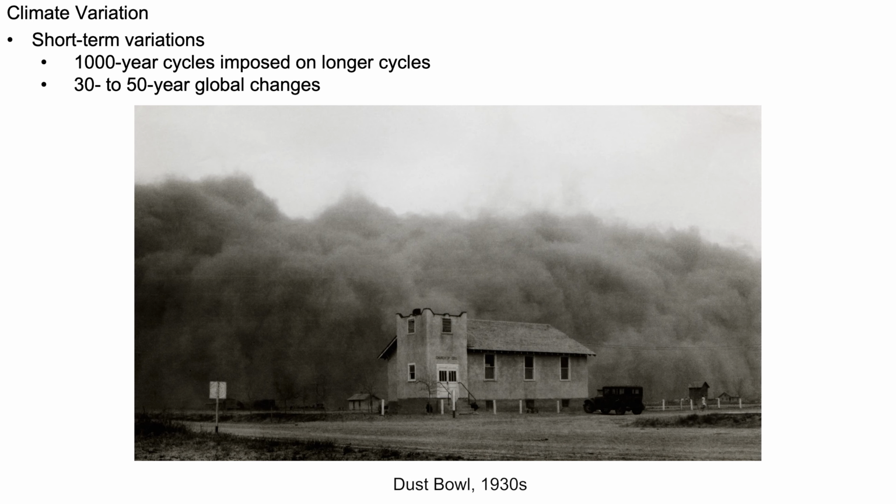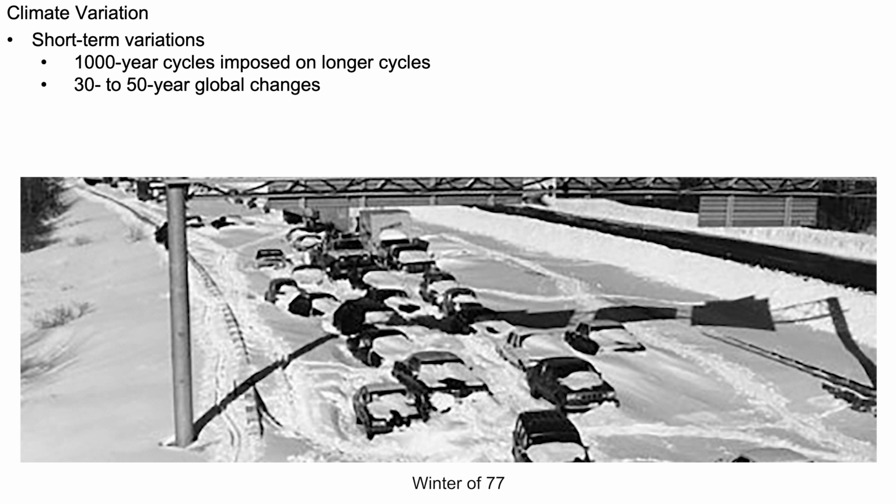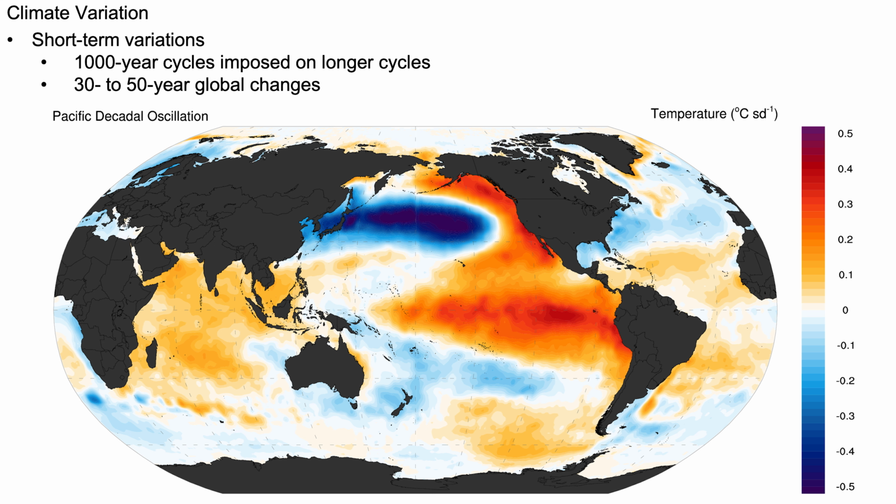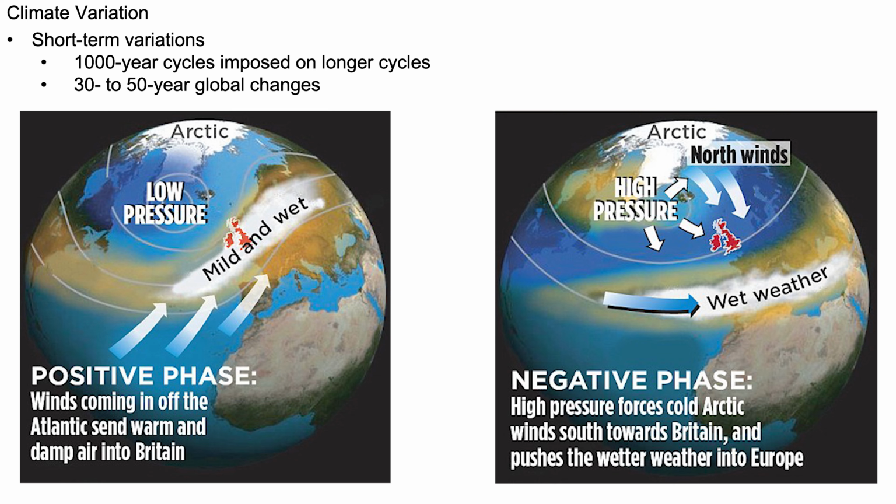And we can look at 30 to 50-year global variability, global periodicity, that's probably related to changes in ocean circulation. Things like ENSO that affect the Circum-Pacific region, the North Atlantic Oscillation, which affects the North Atlantic, the Pacific Decadal Oscillation, which affects the Northern Pacific, operates on about a 30-year cycle. The North Atlantic Oscillation around, let's say, 7 years. El Nino, 3 to 7 years or so.